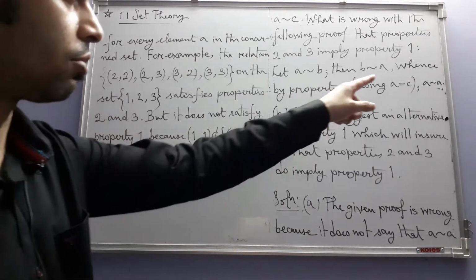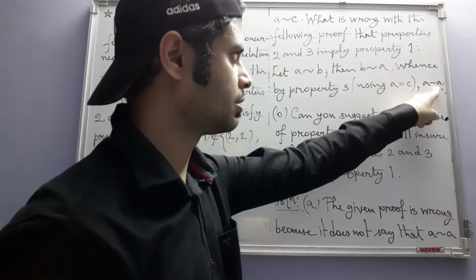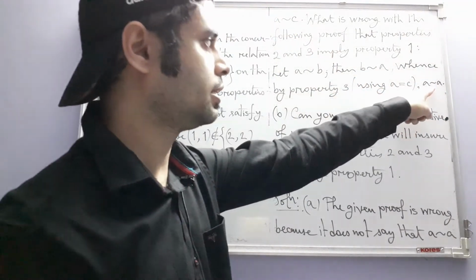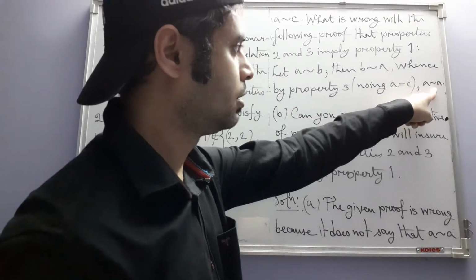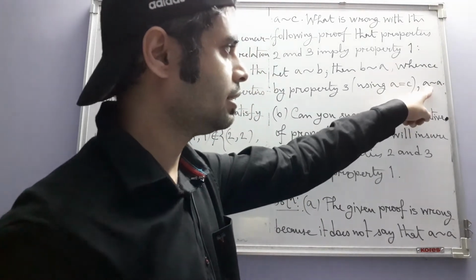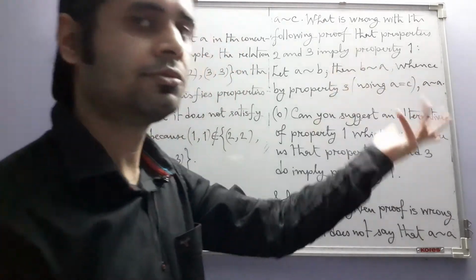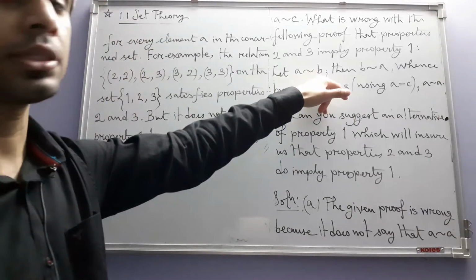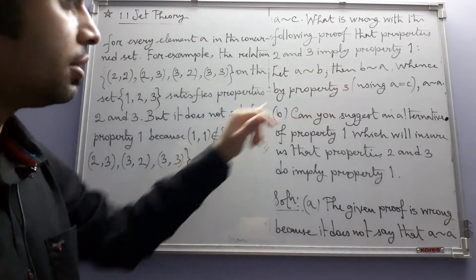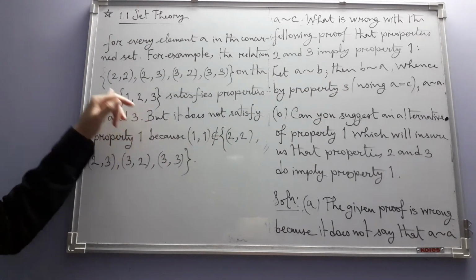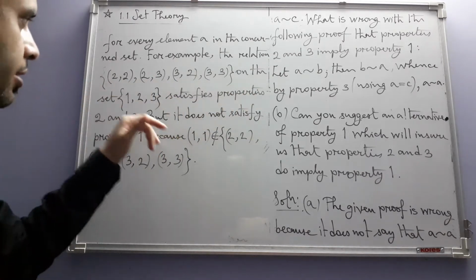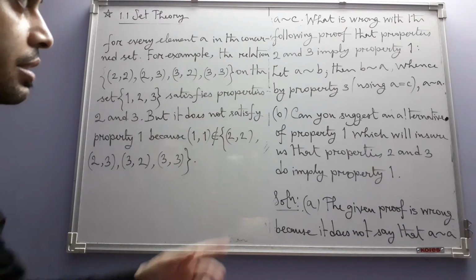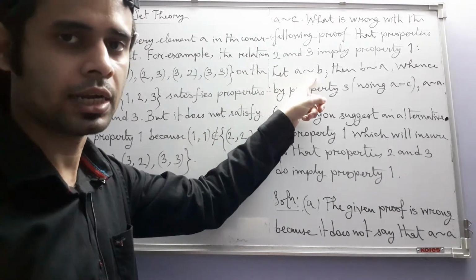Note that the conclusion that we are getting, that A is related to A, is true. There is no problem with this conclusion. The only thing is that we are not getting it true for every A. We are getting it true only when A is related to something. If I have an element that is not related to anything by the relation, then that will not be related to itself, because I have to start from some relation like this, right?